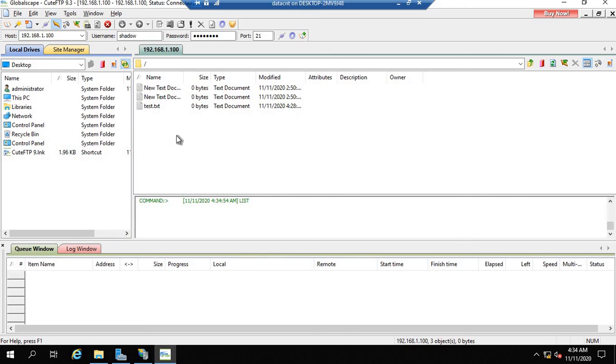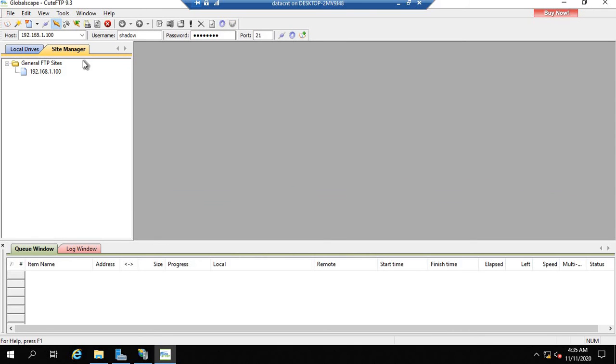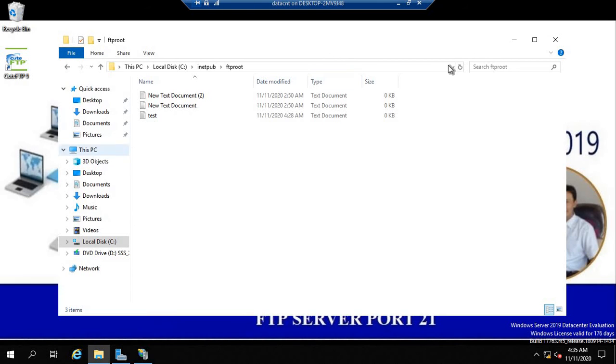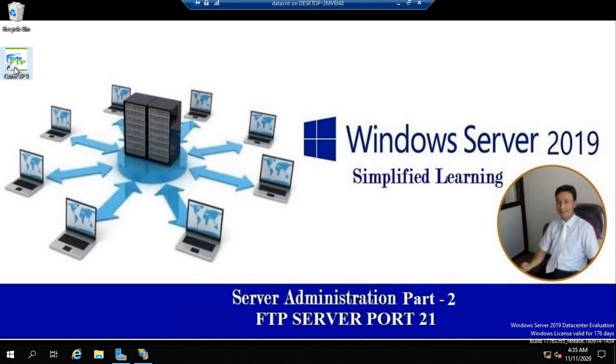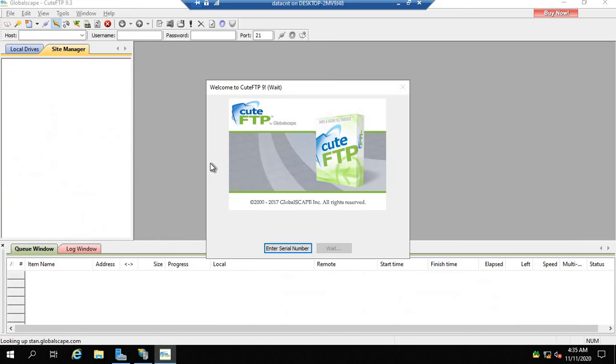This is possible only if your device is secure. Otherwise, what happens, I'm going to show you. If you log in and save your password over here in a cache, for example, I'm going to close this. I'm going to close this fully. Then I'm going to log in again. That means I'm going to access my FTP server again using the Qt FTP app. Now let's see what's going to happen. Since you already know it's a trial version because I have only downloaded it just to show you.